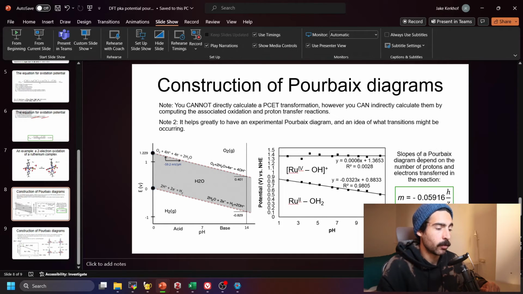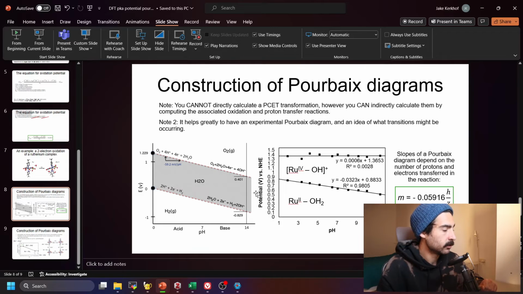So the slope of a Pourbaix diagram will be relevant to the number of protons divided by the number of electrons, and this gets multiplied by 59 millivolts. So if you have a 1 proton, 1 electron transfer, your slope is going to be 59 millivolts. If you have a 1 proton, 2 electron transfer, it's going to be half of that, at around 30